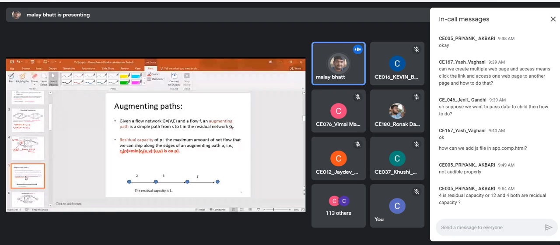So here you can see that there is a path from source to terminal. The first edge having a capacity 2, the second having a capacity 3, third one having a capacity 1. So the residual capacity of this path will be 1. Or we can say we can generate a flow value of 1 in this augmenting path because there will not be any bottleneck.